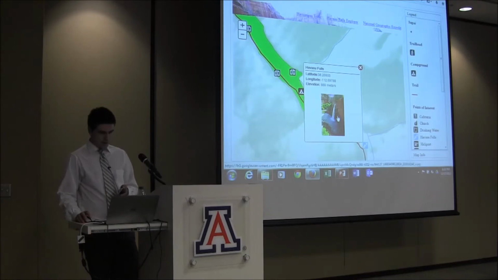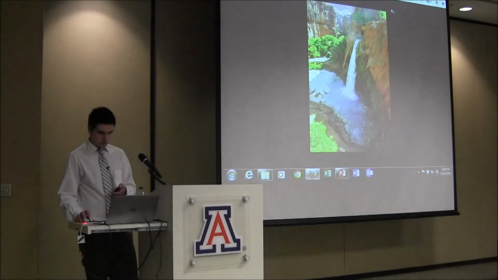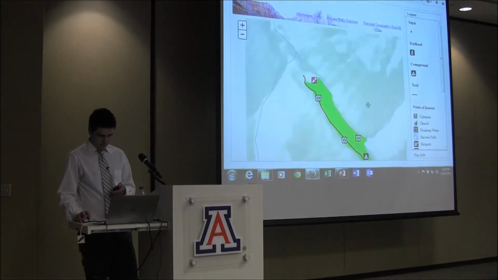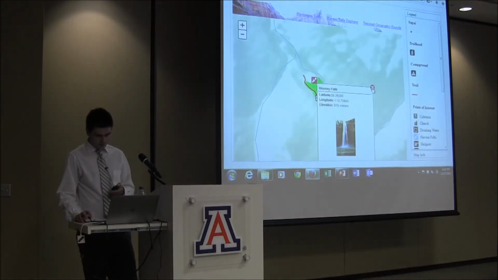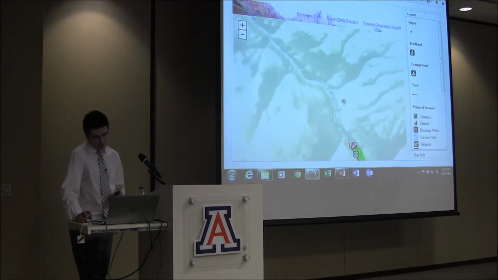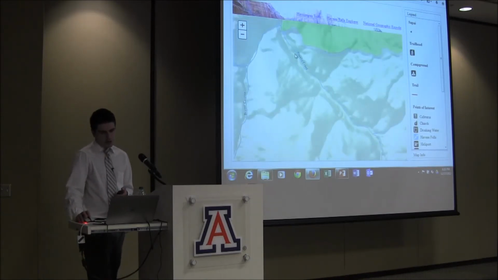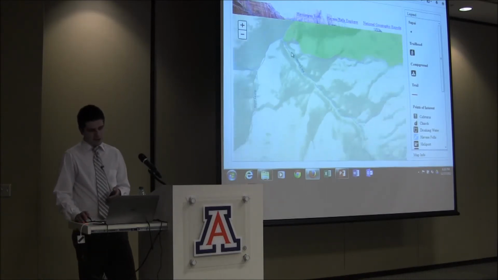Havasu Falls at the beginning of a campground. You can click on the image to get a bigger one. And then the Mooney Falls at the end. There's another smaller fall like 3 miles away, but we did not have time to go collect data for that